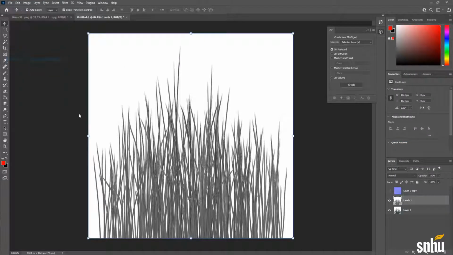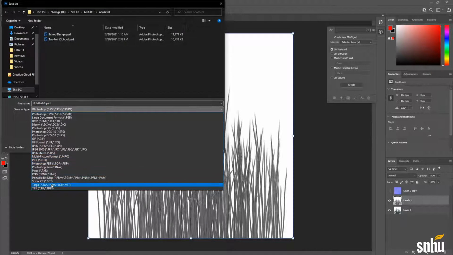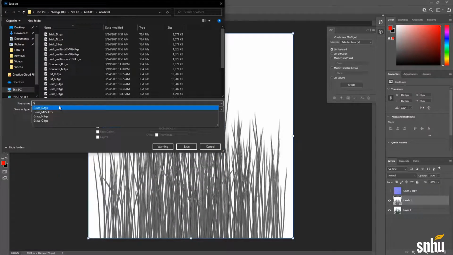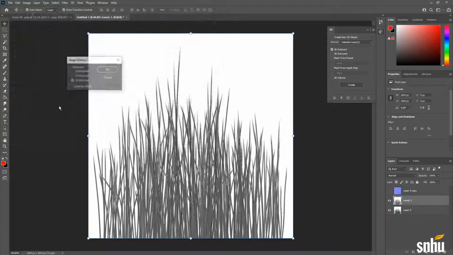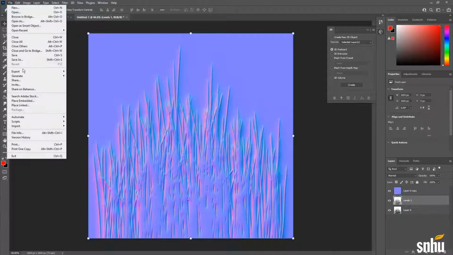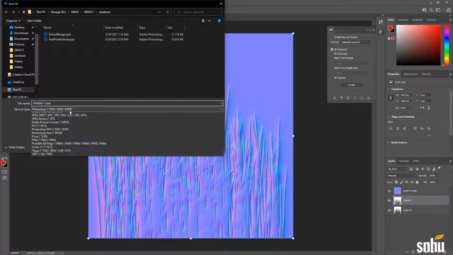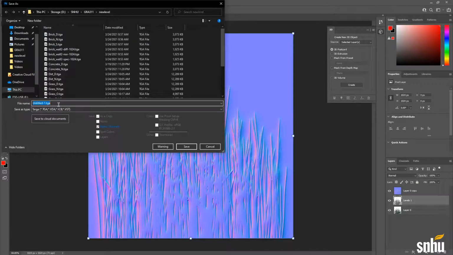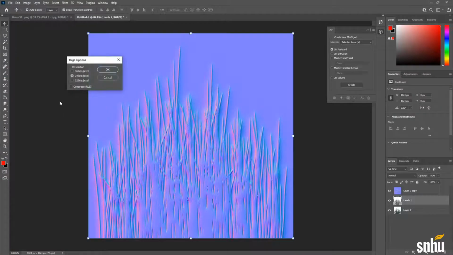File, save as. And I already do have a normal for this. So I'm going to do grass full underscore grass. This doesn't need to be 32. It can be 24. And then we'll do the same thing with this. Save as. Targa. And 24 again.